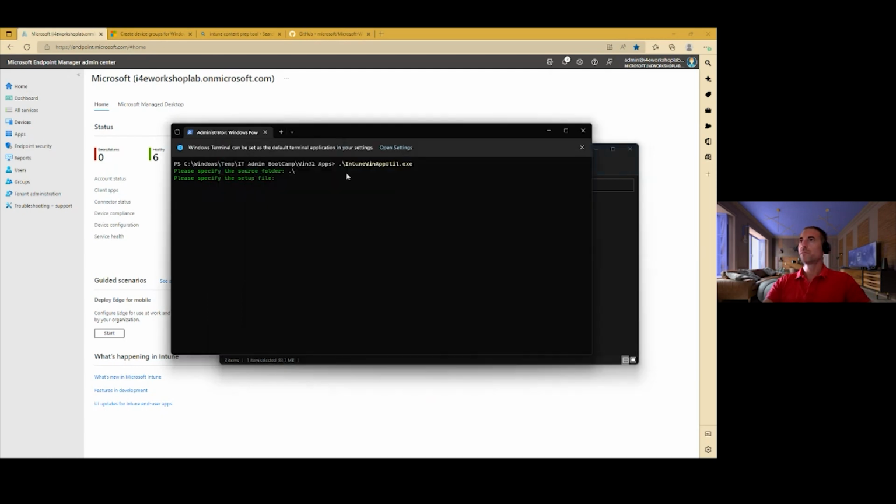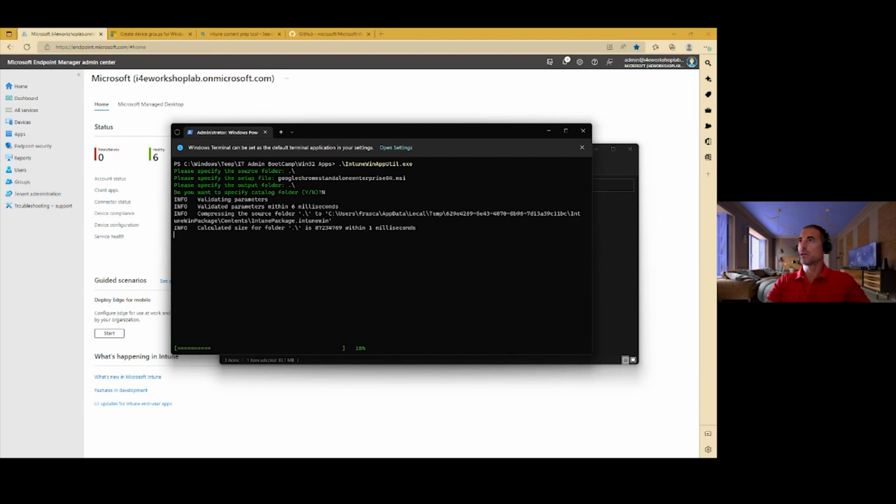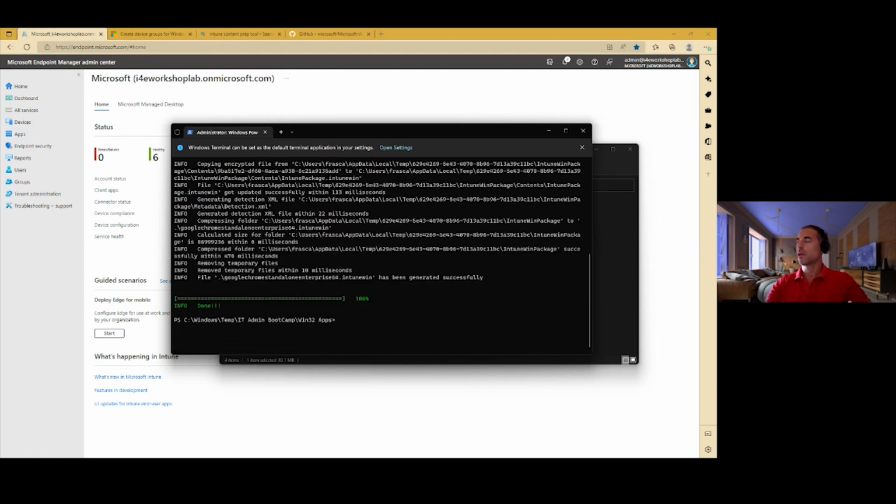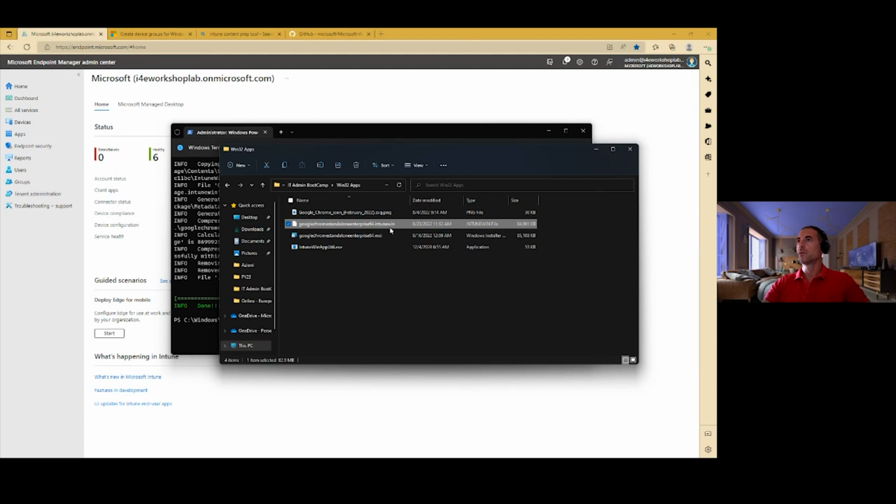This one, I'm gonna paste it. And the output folder, which is the same. Eventually, you can also specify a catalog folder. In this case, I'm gonna select N because I don't have a catalog folder. And this will, again, read the content, create the application manifest, encrypt, and compress, and then the Intune Win file